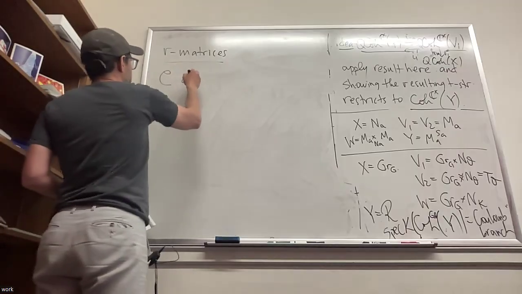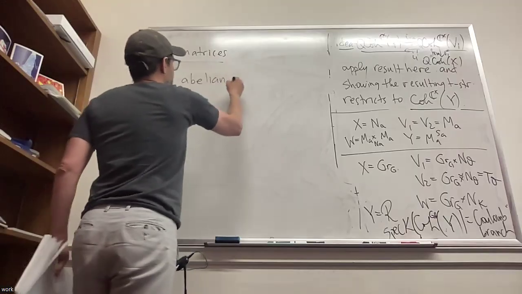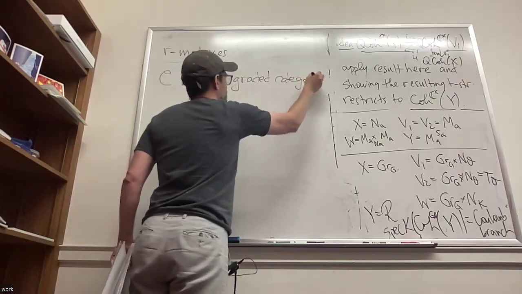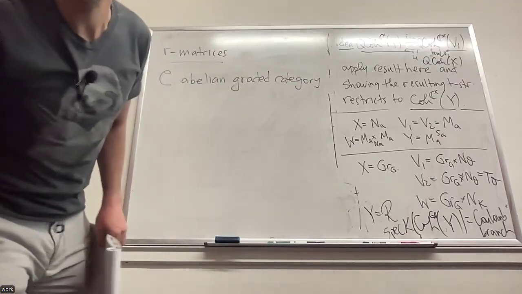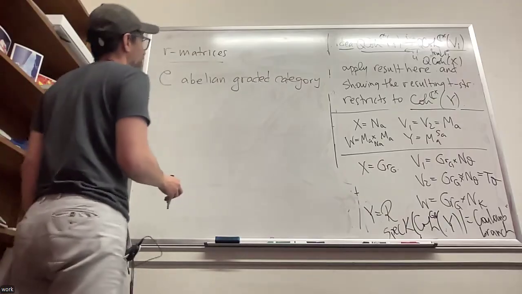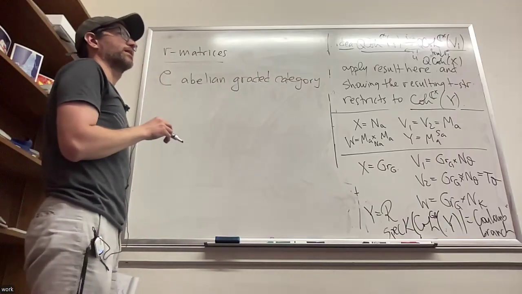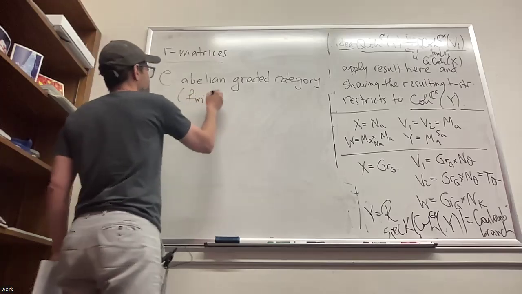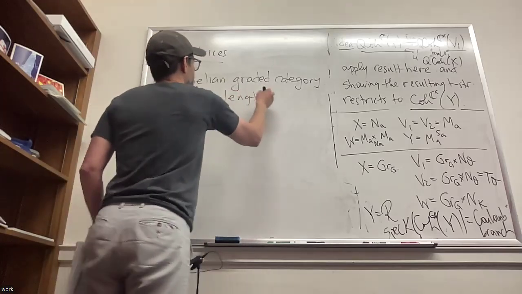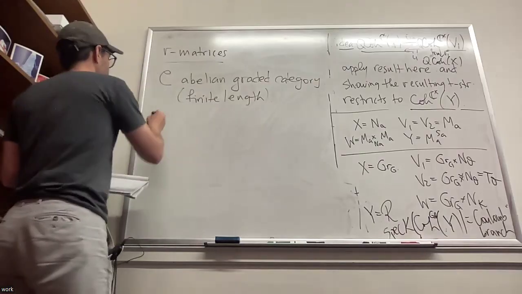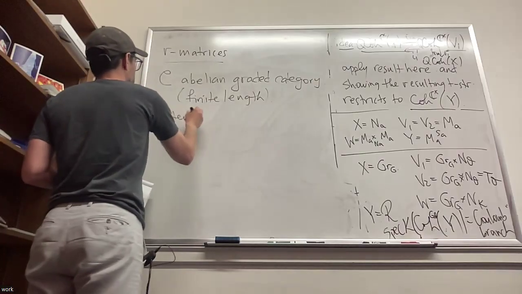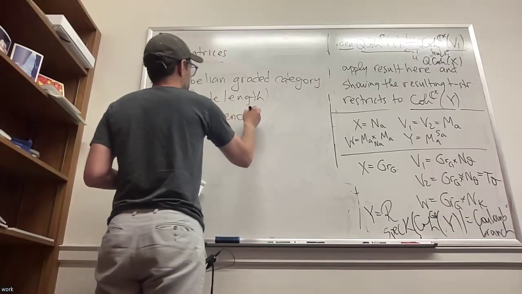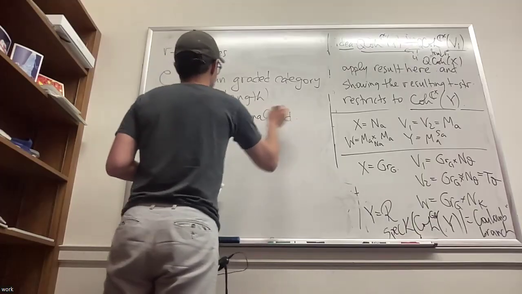So let's suppose you have an abelian graded category, very generally speaking. You can imagine it's finite length. I don't know if this theory requires this, but anyway, let's say finite length for this argument, because in all cases it is. So why not? Then a system of renormalized R-matrices